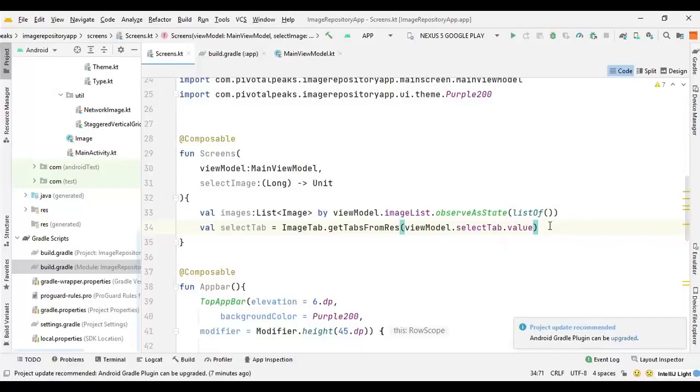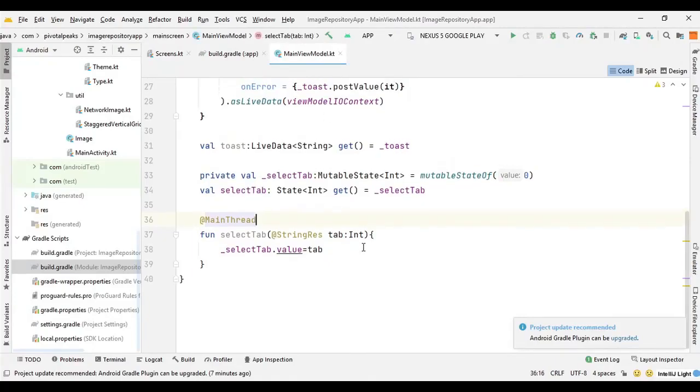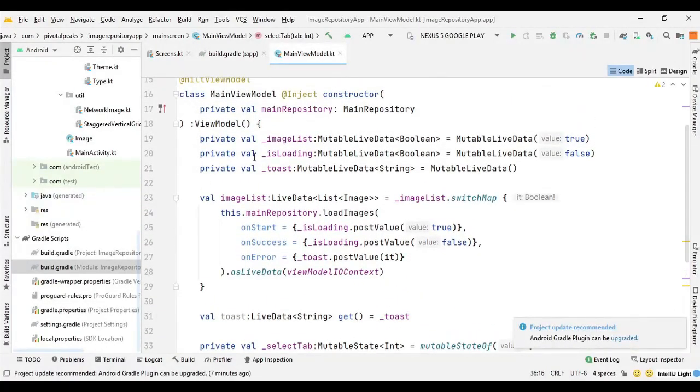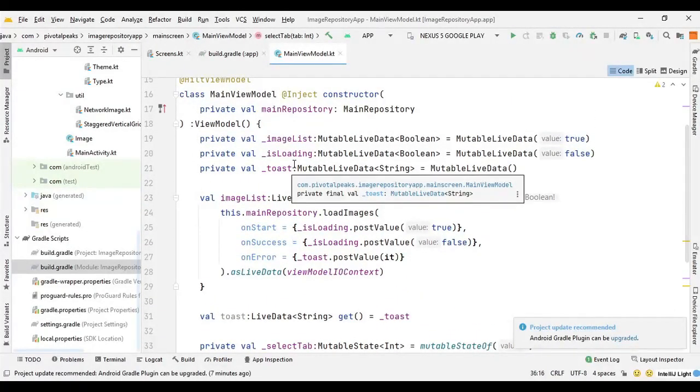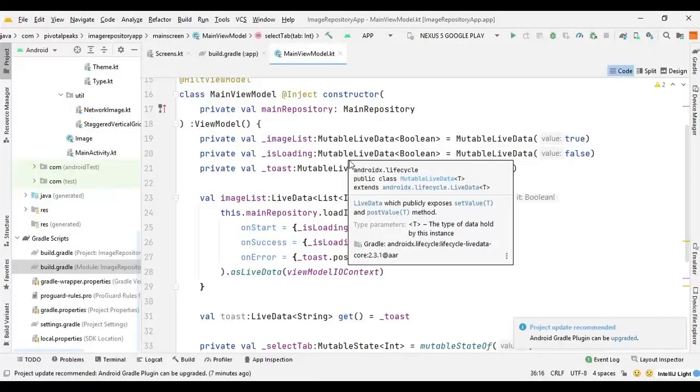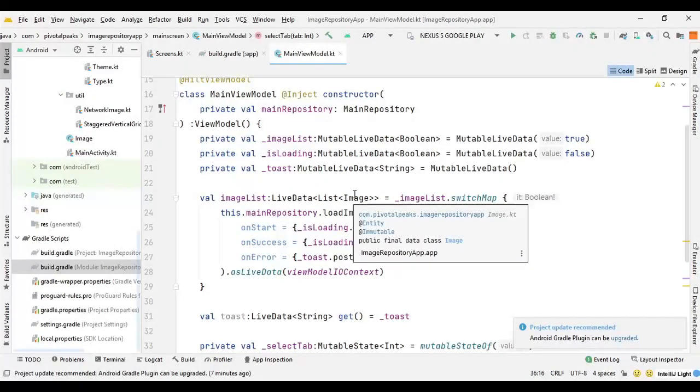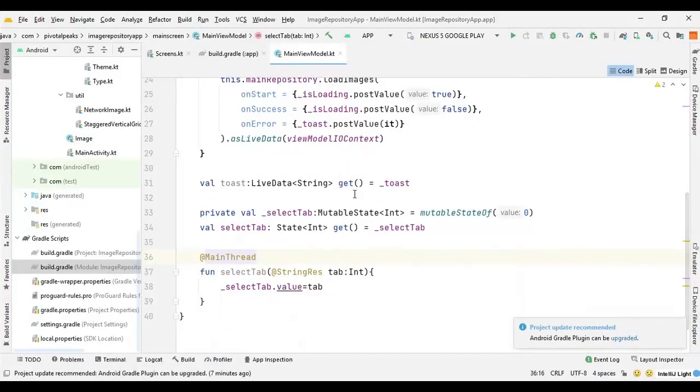Then we need a value for loading to show the circular progress indicator when the app loads the data. So again, in the main view model we already have the mutable live data, we just need to create the live data for isLoading.